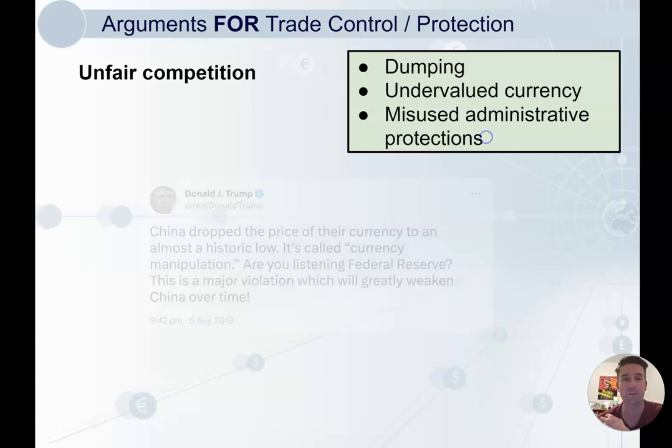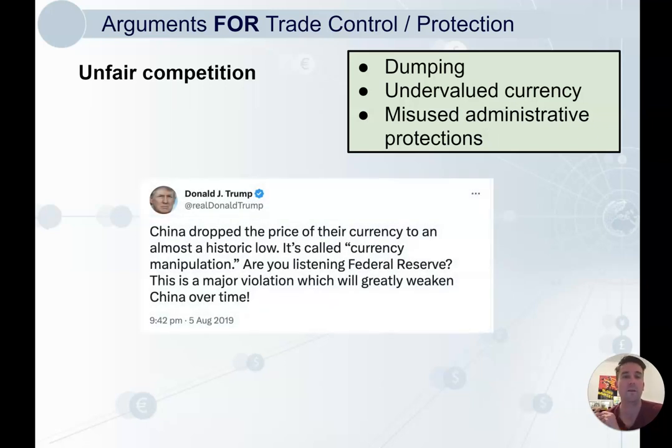So we're going to use this guy again, Donald Trump. So he's saying here, China drops the price of the currency to almost a historic low. Classic Trump grammar. It's called currency manipulation. Are you listening, Federal Reserve? This is a major violation which will greatly weaken China over time. Now,